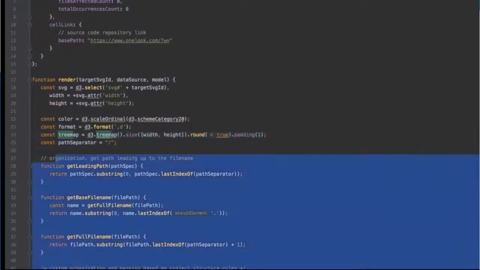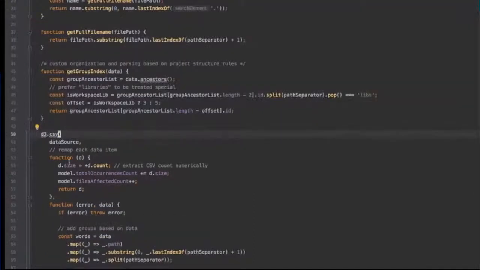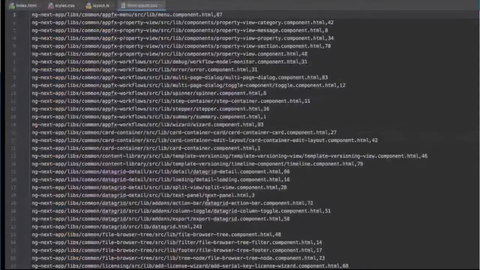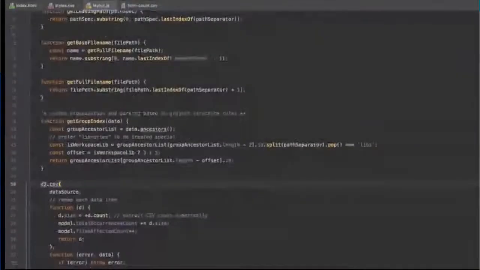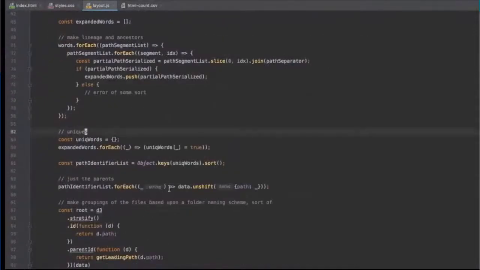There's some helper functions that I had to write to deal with the syntax and formatting of the data structure. I also want to extract out a feature name, which can only be found by parsing a few sections down into the file path. In the CSV function, I'll pass in the data source. It will just look like this comma-separated file, and it will pull through its rendering routine, which starts off by creating